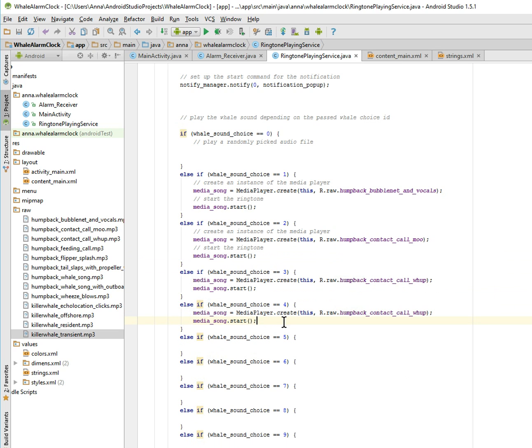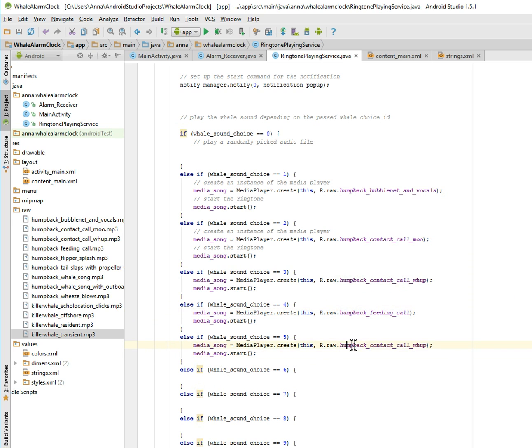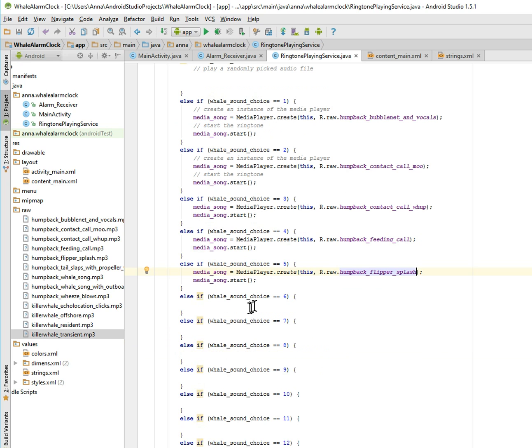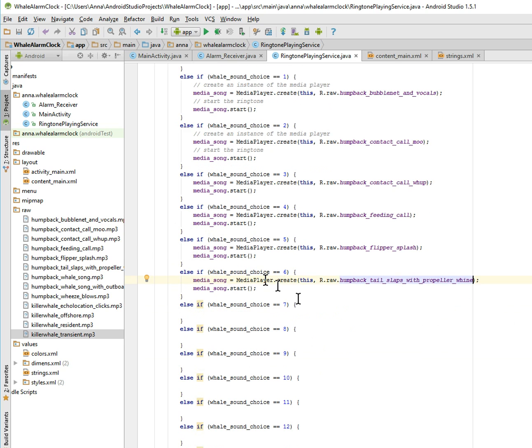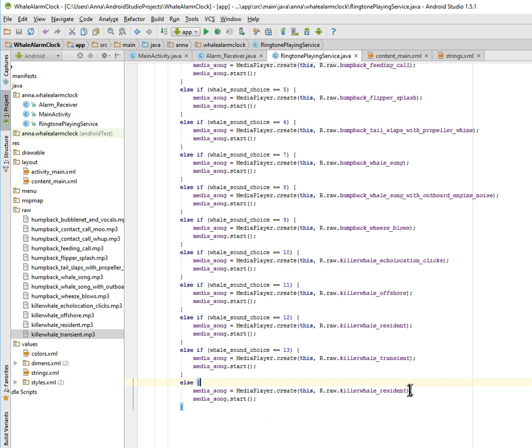Alright, so I'm going to slowly fill this out, and then I will come back when I have successfully filled out the rest of them. Alright, so I finished all of them, and basically a long if-else matching up with the raw audio files, and